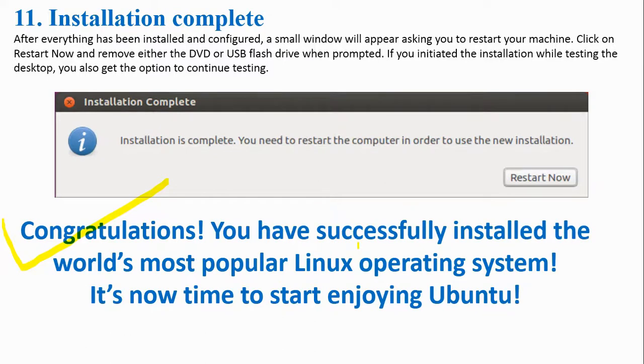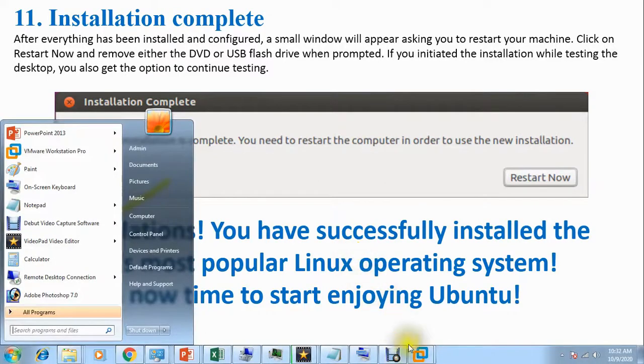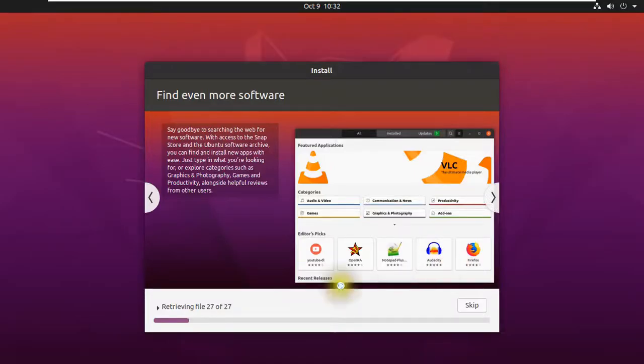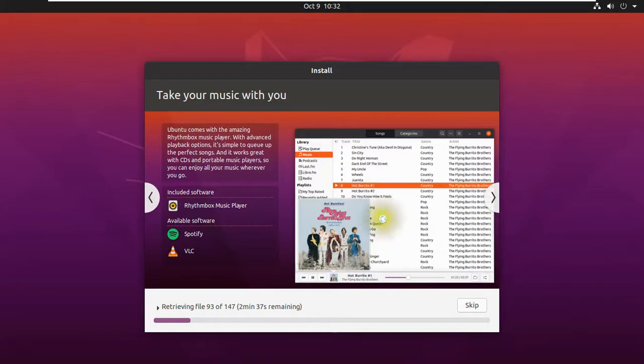So let's see what is going on here. And you can see guys here, find even more software. It is installing lots of things, like this is VLC, we can see here, and editor picks: YouTube, Opera, you can see Notepad, Audacity, Firefox, and here this is for music.